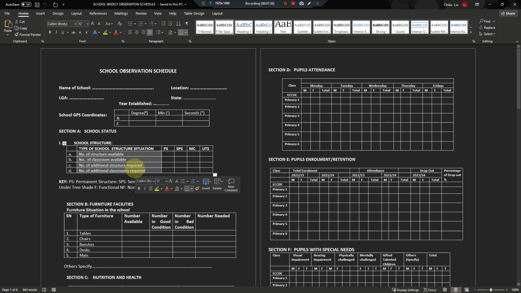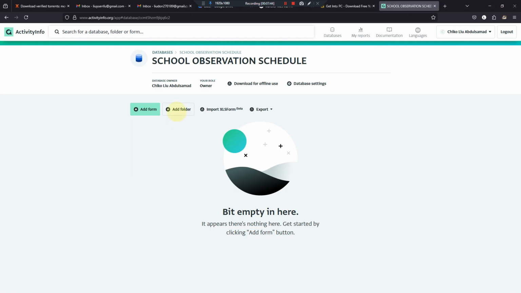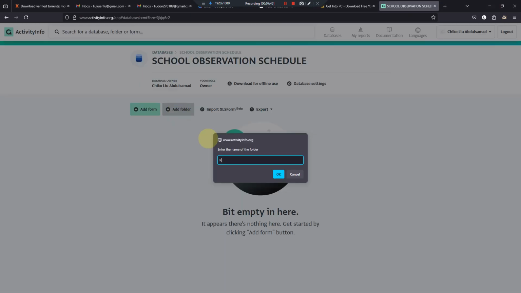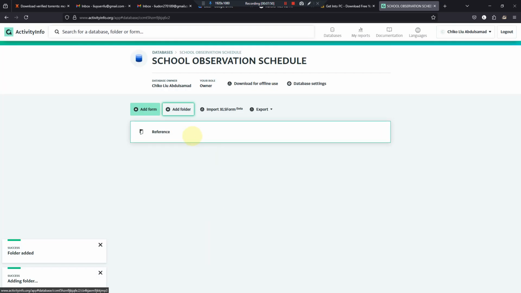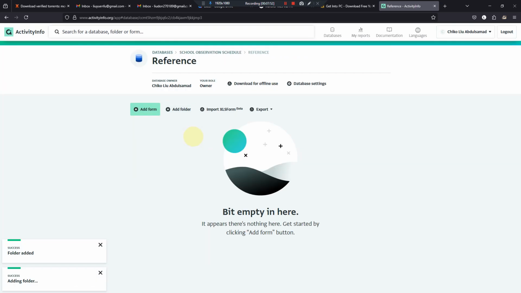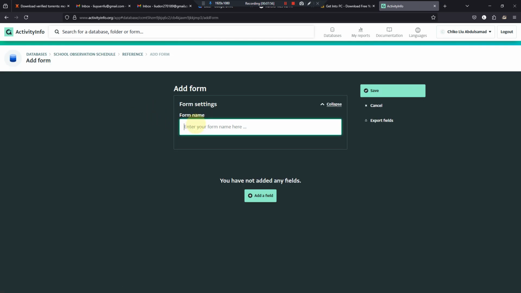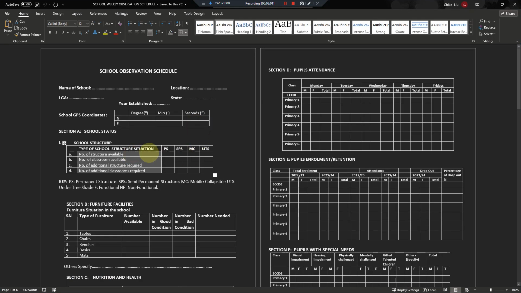Yeah, so I'll create a reference table called type of school structure situation, and so on. So I will just say reference. So this is where I'm going to add my reference tables. I will go into my folder, add the name of my reference form, which will just be this, and